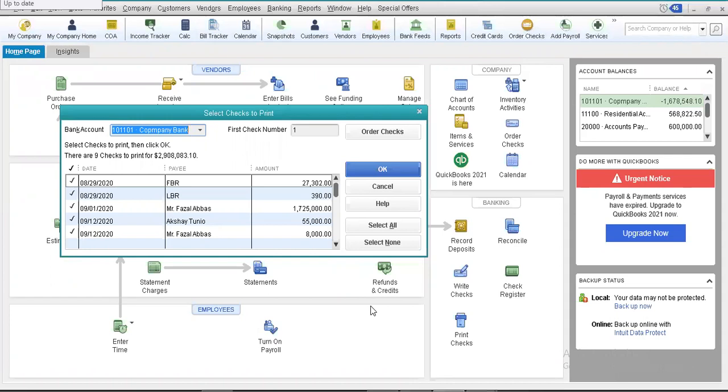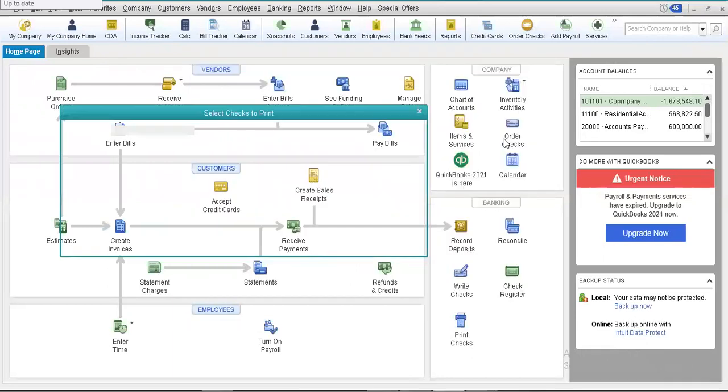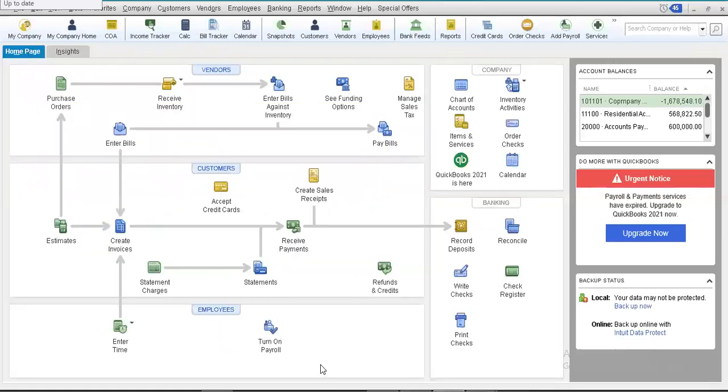So if you guys have any blank check available with you right now, and you want to test this, and you also have a printer system available, you guys can make use of this option as well. Since I'm not interested in printing, I'm just showing you the final stage of this screen. This is basically the final. Over here I can print it on my OneNote right now, because I have no other printer available. So you just cancel this. All right. So my dear friends, this is how you can also print your checks that you have paid to your suppliers.